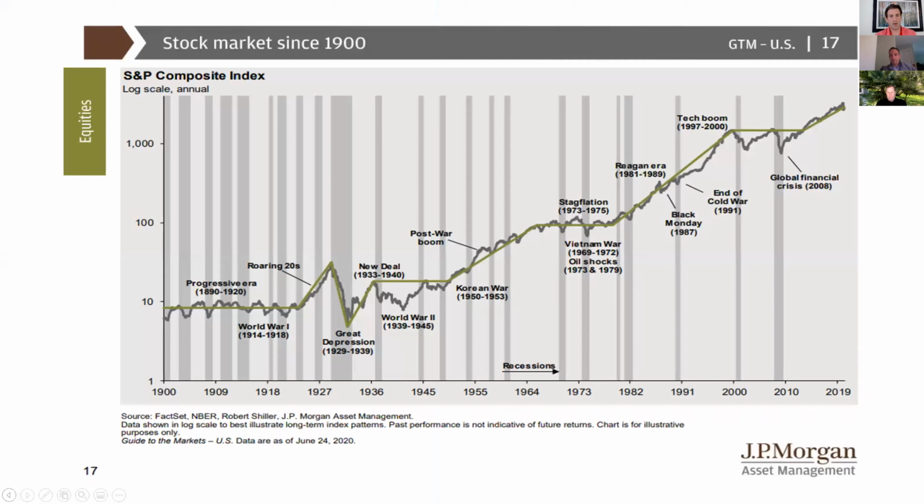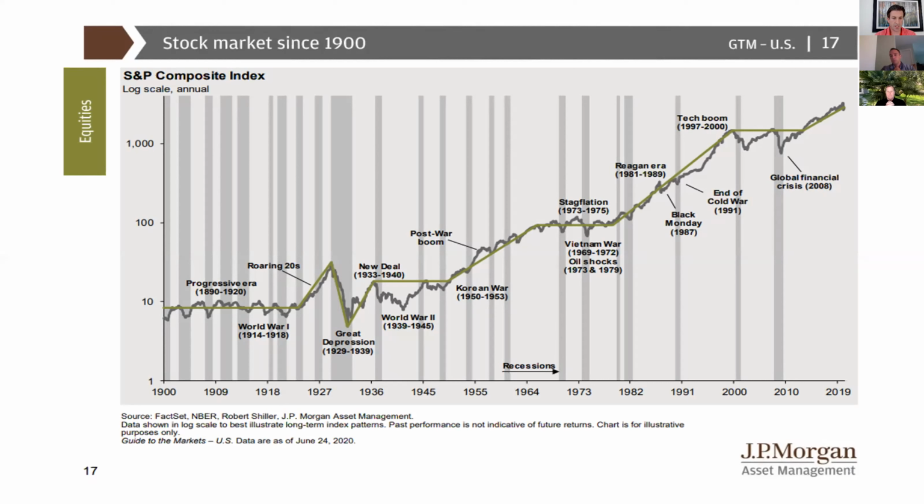So our first slide here zooms out and takes a look at the market history going all the way back to 1900. As you can see from this graph, one of the most important things to see is just how many periods of expansion and contraction there are over the past 100 years. To give you some perspective on the level of compounding wealth over time, if you invested about $8 back in 1900, that $8 would be worth more than $1,000 today. There would be lots of periods of volatility.